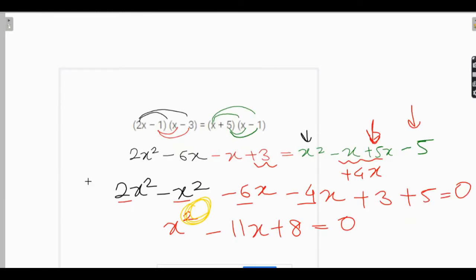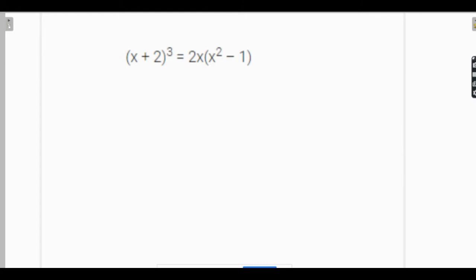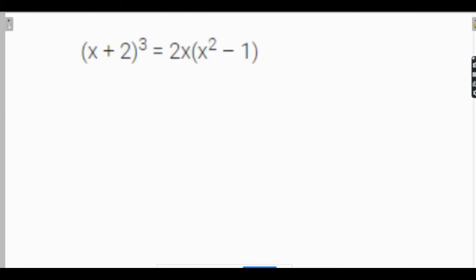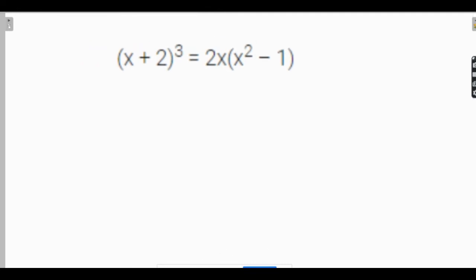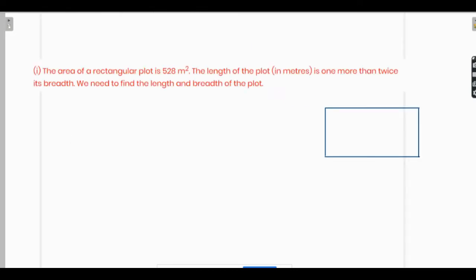You just have to see and tell whether it is a quadratic equation. Now this is clearly, without solving, you can check that it is not a quadratic equation, because the highest degree is 3. So it is not a quadratic equation. Okay. In the exam you might have to solve this, but in the interest of time I'm not solving. We'll take tougher questions now.